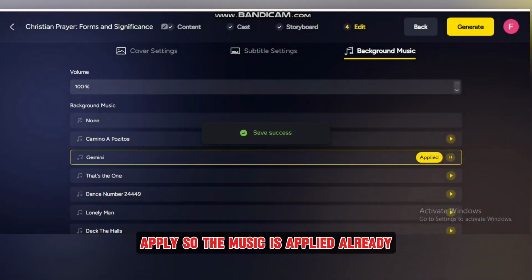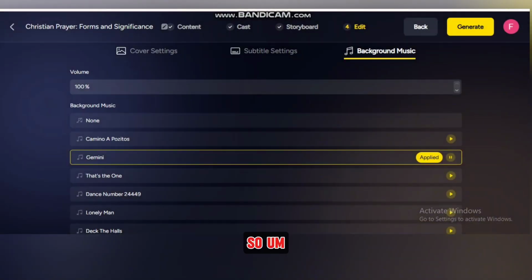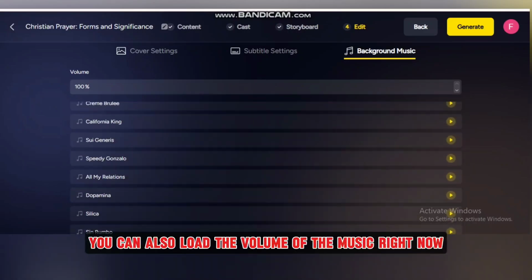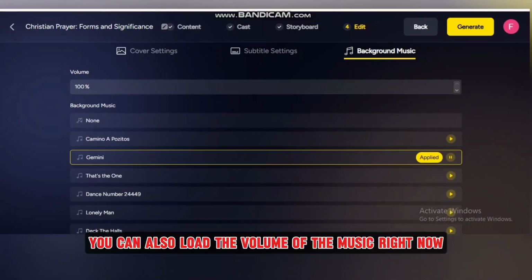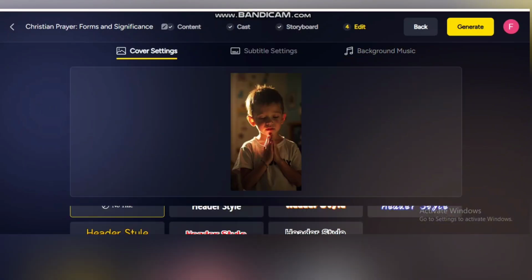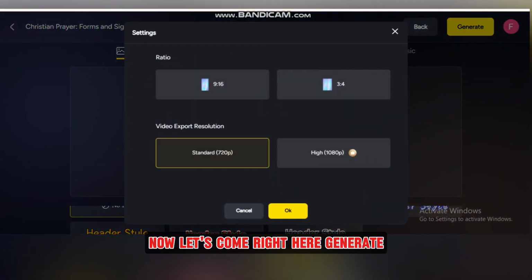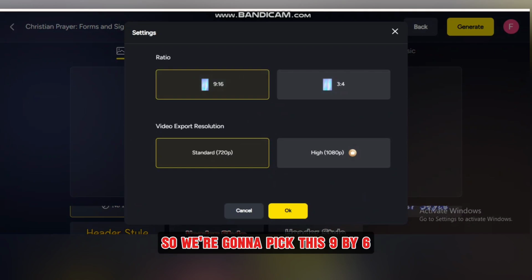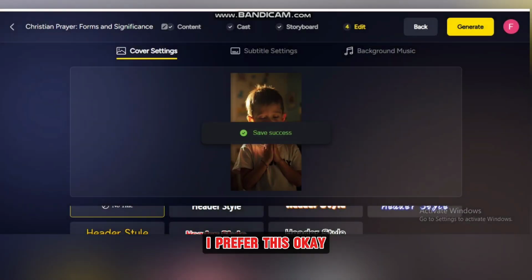So the music is applied already. You can also lower the volume of the music. Let's come back to cover right here. No, let's come right here to generate. We're going to pick this 9:16. You can choose this, you can choose this. I prefer this.